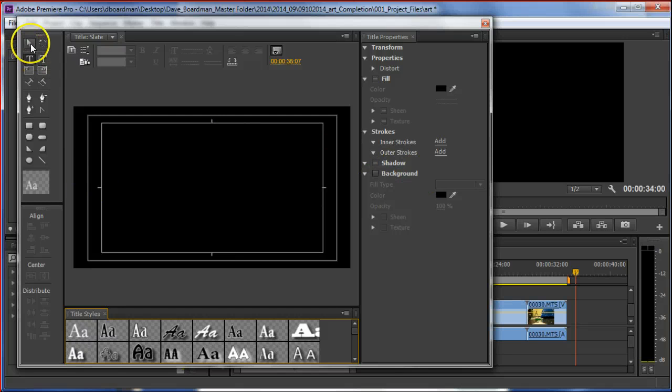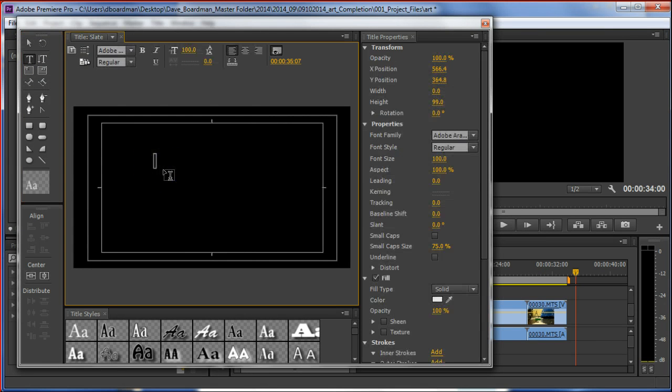And the first thing I want to do is run through the tools with you quick. There's an arrow tool, a positioning, rotation, and the text tool. By far, these are most of what you wind up using with titles. So go ahead and click the text tool, and let's just give some key information. So this is going to be my project, and I want to use the name of the painting. So the name of my painting was Starry Night,